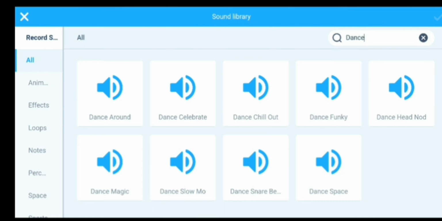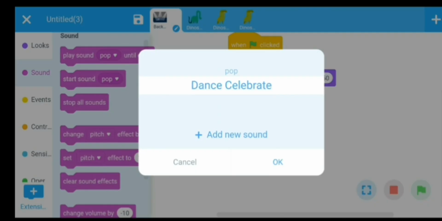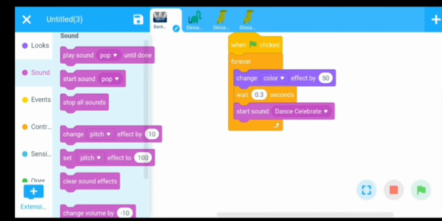Dance party. Any sound? Okay. Dance celebration. Fine.